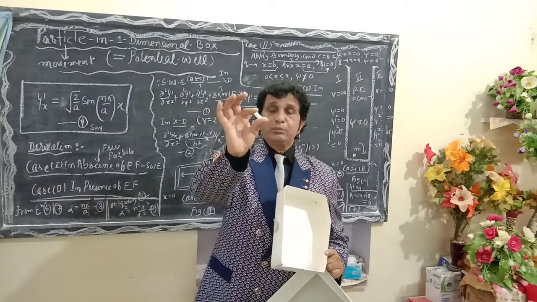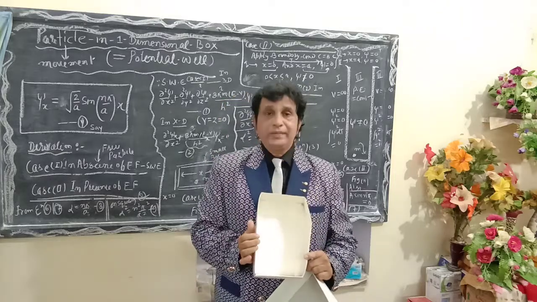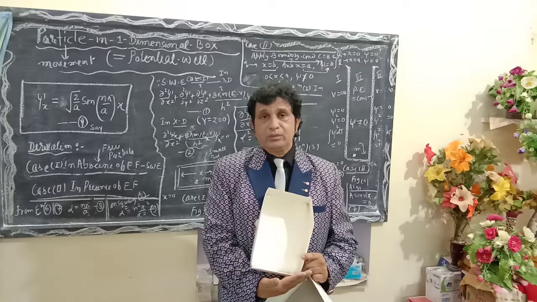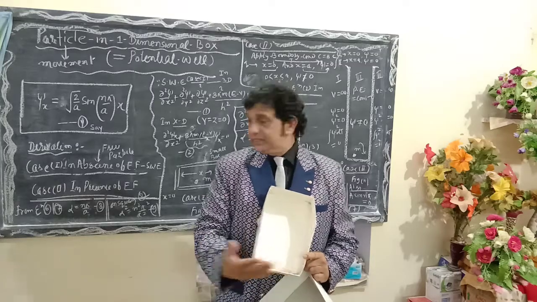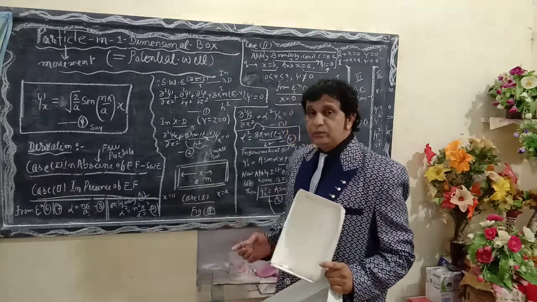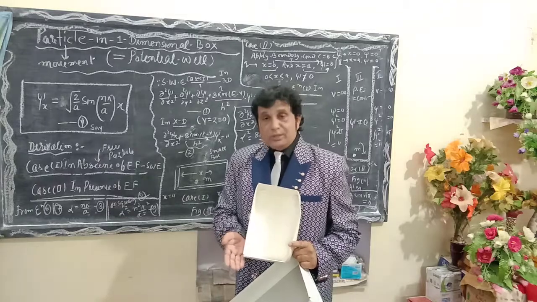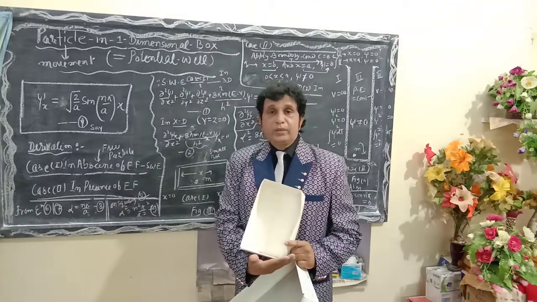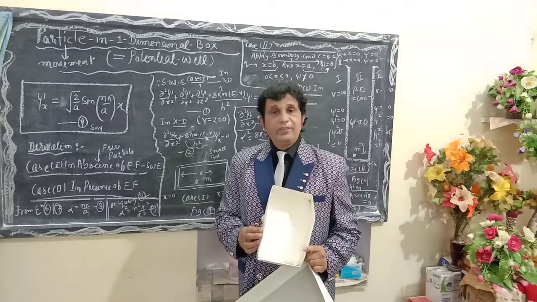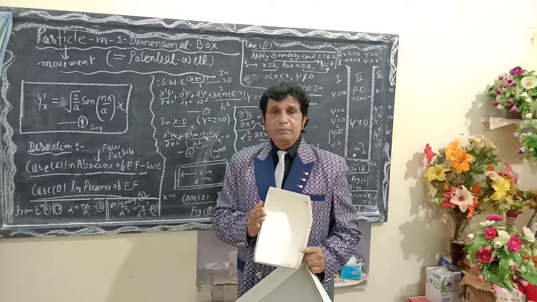I am taking a very small particle having the mass m, which is moving from one side to the other, having the distance x is equal to 0 to x is equal to a. It will move from x is equal to 0 to x is equal to a. A small box shows the condition in absence of electric field. When no electric field is applied,